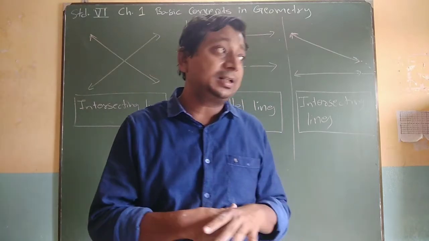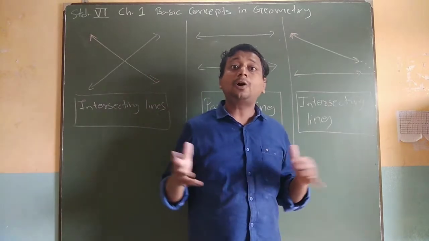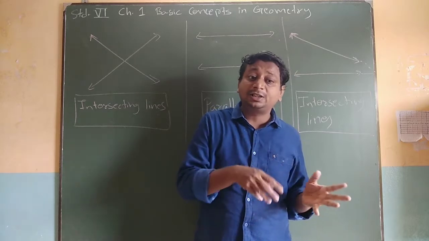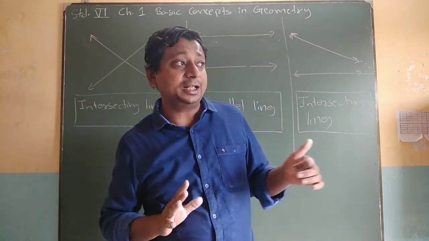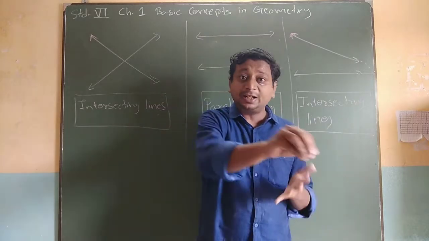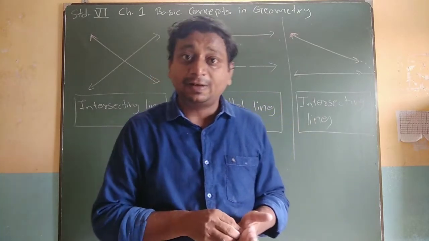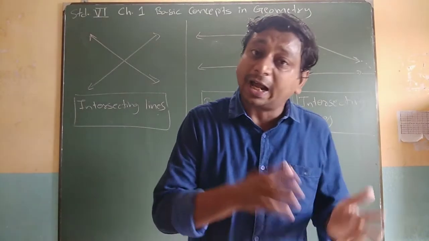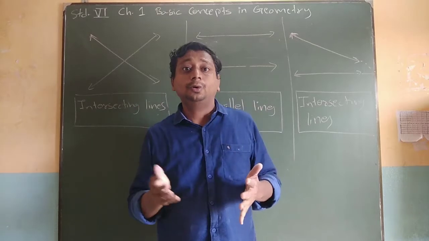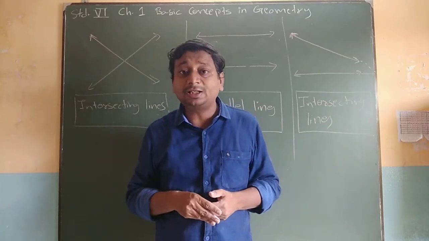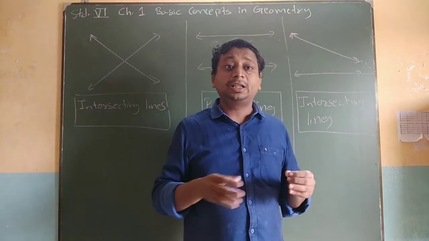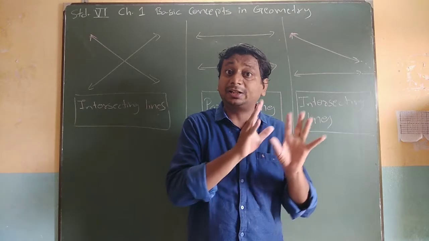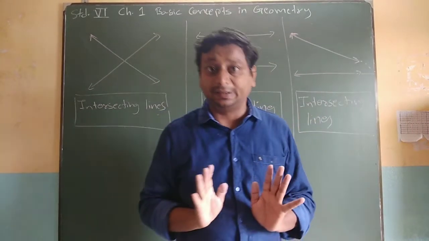Now next, suppose there is a football match. Now we take our positions. The 11 players are there. One is a goalkeeper and 10 are on the field. So they will be standing at different places, right? One will be standing as back, then one will be in defense, one will be as forward. Are they standing in a straight line? No. Their positions are different, so they are all non-collinear. They are not standing on a straight line. So we can call them non-collinear points, if we consider the players as points.